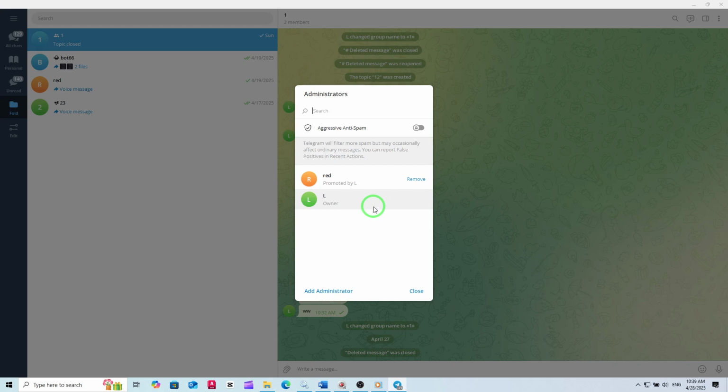Remember, only admins with this specific permission can pin messages, so you have full control over who can highlight information